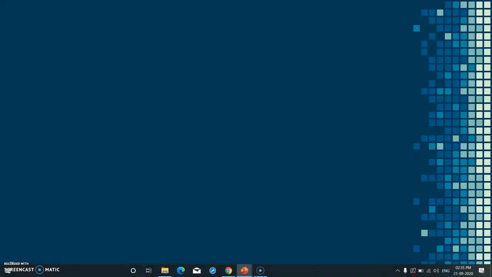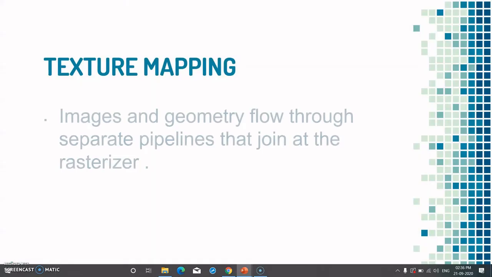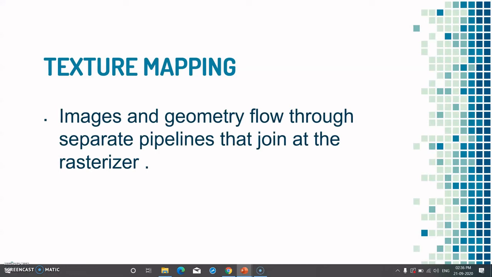Okay, now this is how it looks. We have a geometry which is shown in the XYZ axes. Then we have the screen, then the image in two-dimensional axes, S and T. Now, images and geometry flow through separate pipelines that join at the rasterizer.